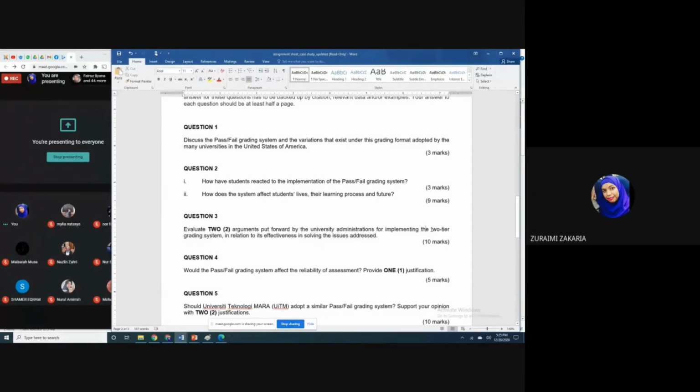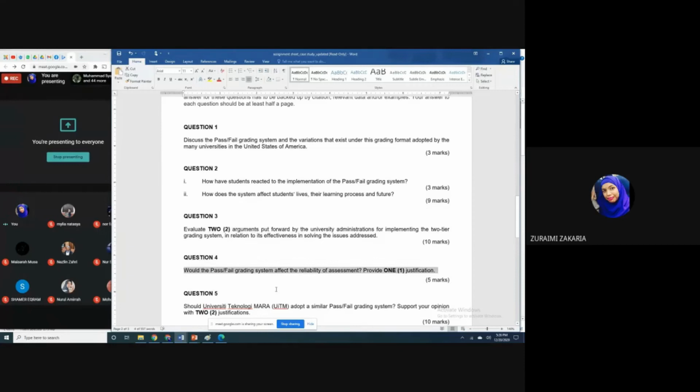Okay. So what you need to do for this question ialah kenal pasti 2 argument dan measure the effectiveness of this argument. Betul ke sebenarnya kalau buat macam ni boleh solve this issue? Okay. So dalam jawapan ini, nyatakan 2 argument ataupun 2 faktor yang menyebabkan universiti nak laksanakan sistem ini and you evaluate the effectiveness of this argument. Okay, valid ke tak dalam menyelesaikan masalah yang dihadapi pelajar. Okay. Ada soalan, I'm moving on to question 4.